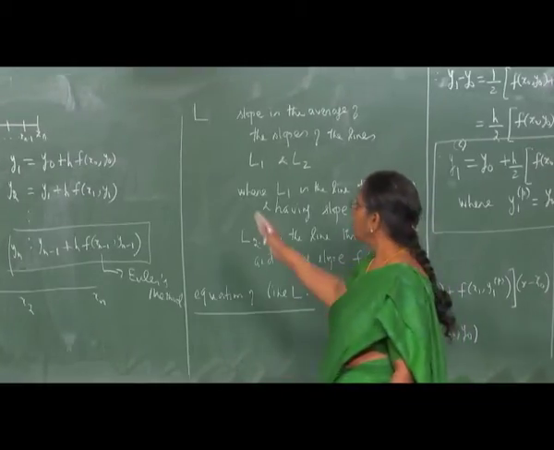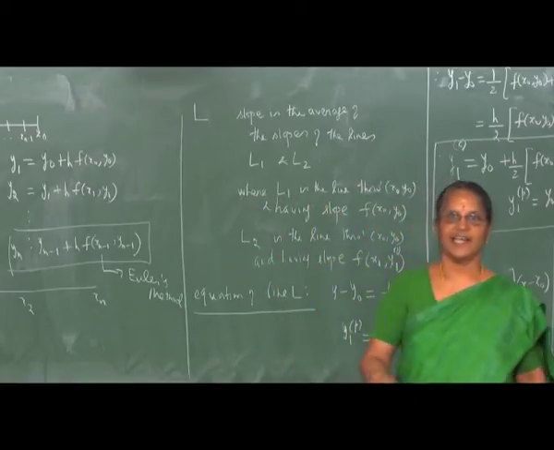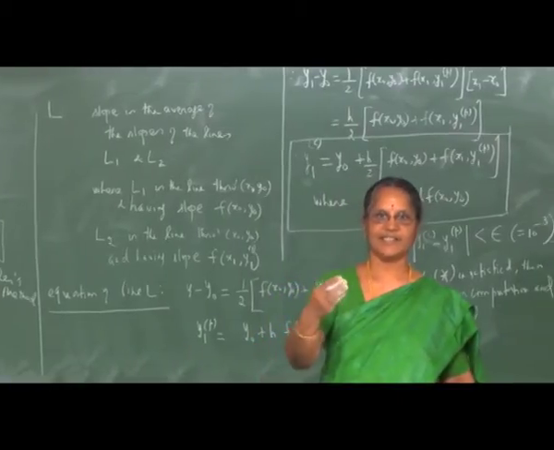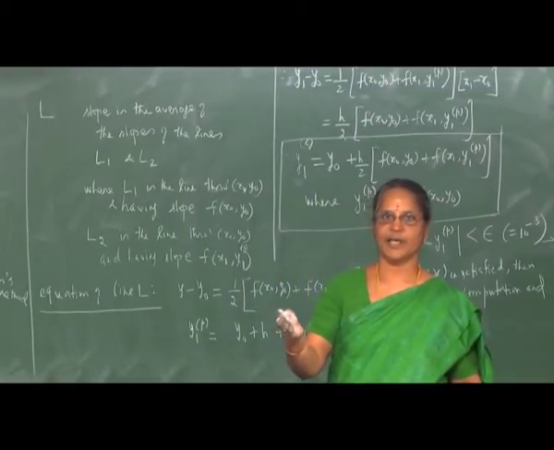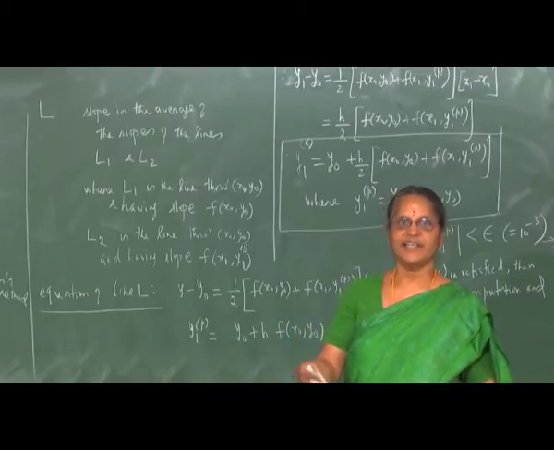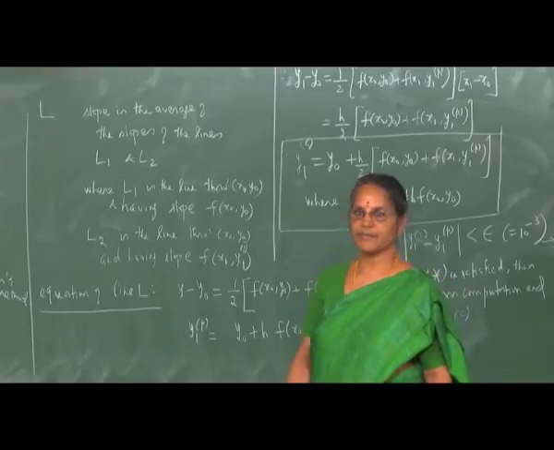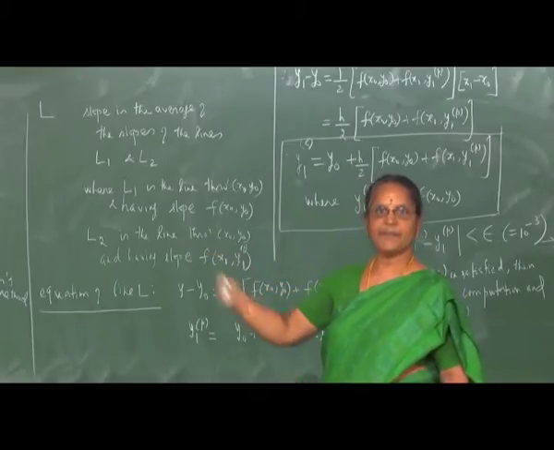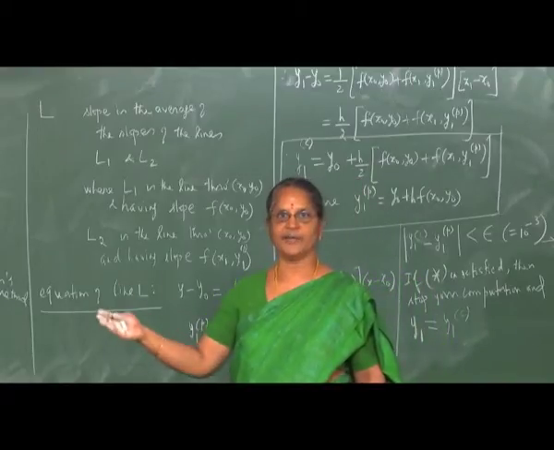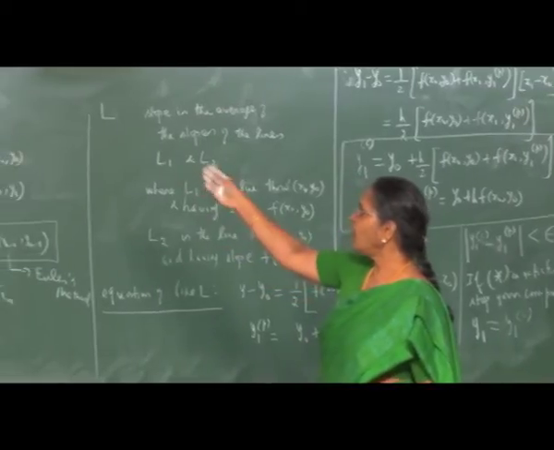So, I can treat modified Euler's method as a predictor corrector method. We can predict the solution at a particular point and correct it successively till the desired degree of accuracy is attained. We will develop some more predictor corrector methods later on, but we started with a modification in Euler's method,